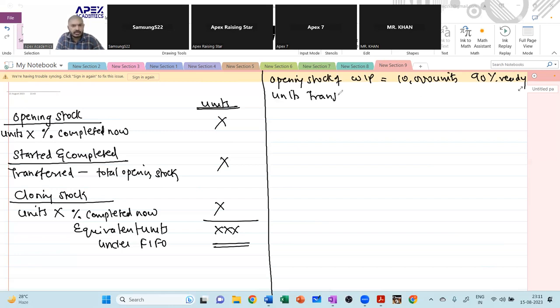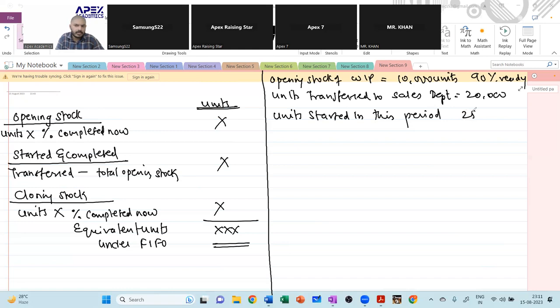Units transferred to sales department is equal to 20,000. Units started in this period, 25,000. Calculate equivalent units